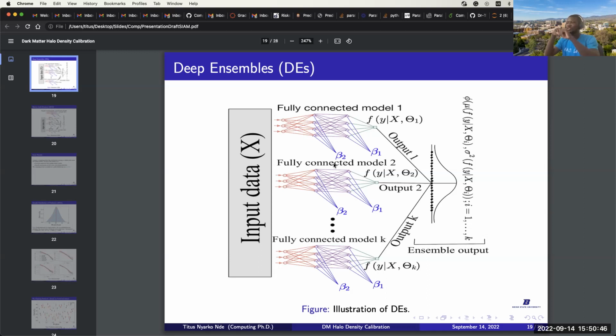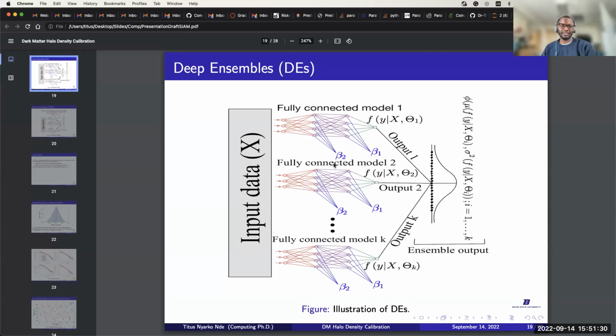Another technique you can use is the bagging technique, the bootstrap resampling, which means that you randomly sample from the data and then fit each model on a different subset of the data. But in our case, I tried the bagging technique and it severely underestimated the error bars, for some reason I don't know why. So I'm not using the bagging technique yet, but for the neural network architecture, the data is fed into the network in batches.